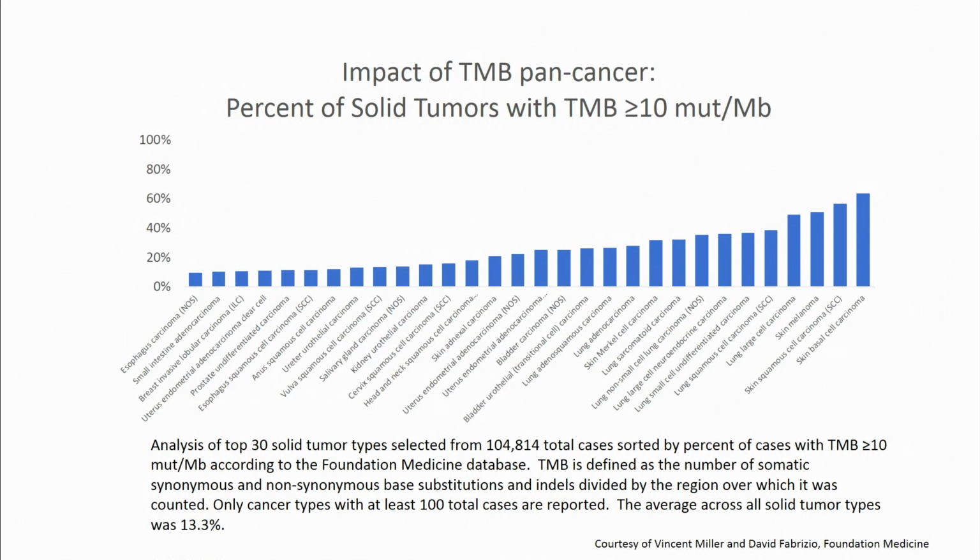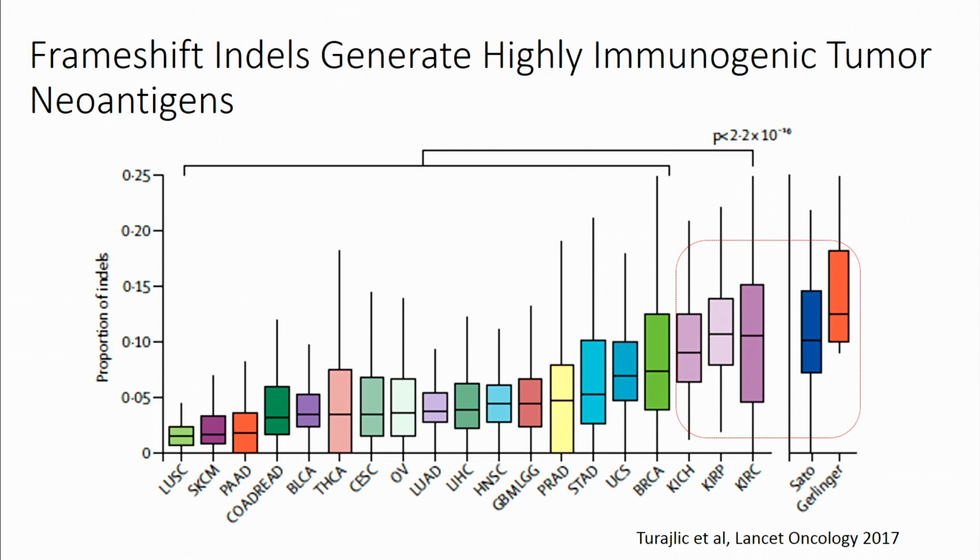So I think we'd love to say, okay, we can just use the 10 mutations per megabase, treat every tumor that's over 10 mutations per megabase, and we're good to go. But I think that's a little bit simplistic. I think the benefit is going to be very tumor specific, and we definitely have tumors which behave very differently. Renal cell carcinoma is a prime example where these tumors don't have high TMB but respond very well to